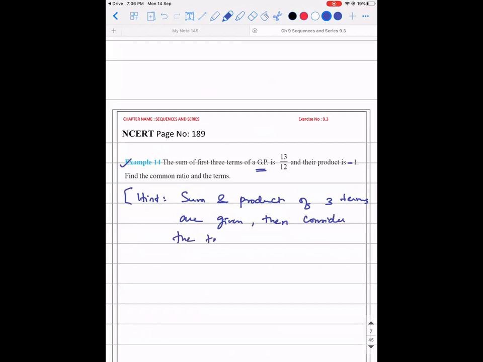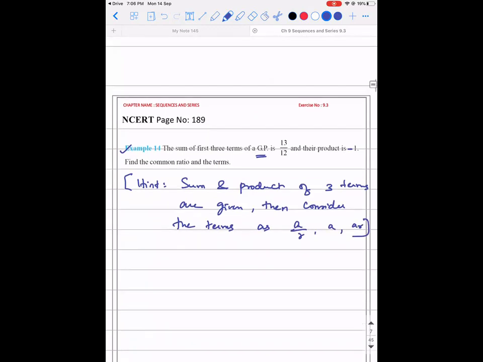consider the terms as A by R, A and AR. Because when you multiply them, R and R will get cancelled. It will be easy for you to solve. So the solution here is given